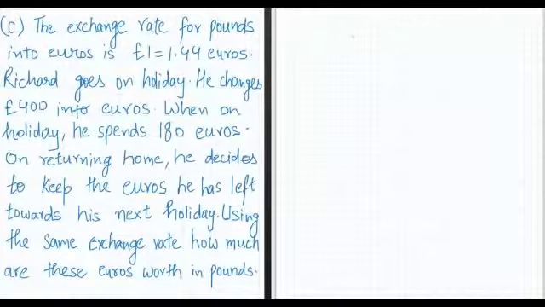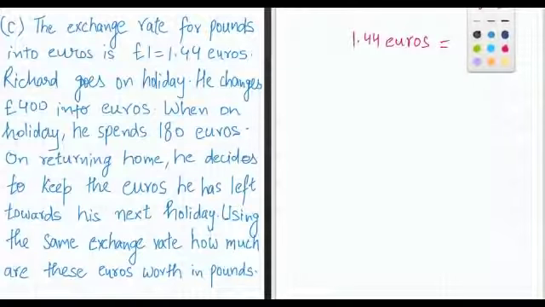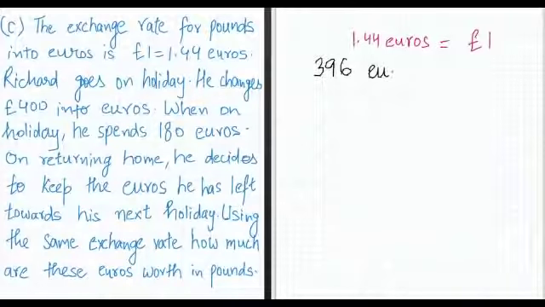So again, the exchange rate was 1.44 euros is equal to a pound, and this time we have 396 euros, and we need to find out the value of pounds for 396 euros. So in order to do that,